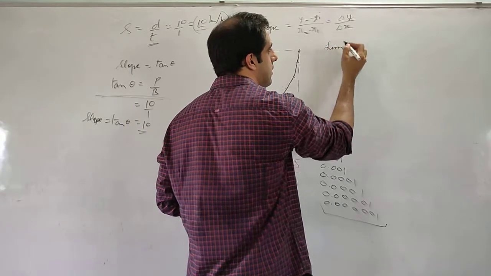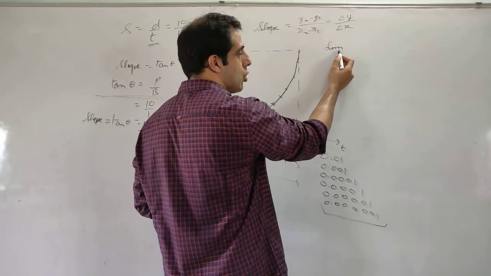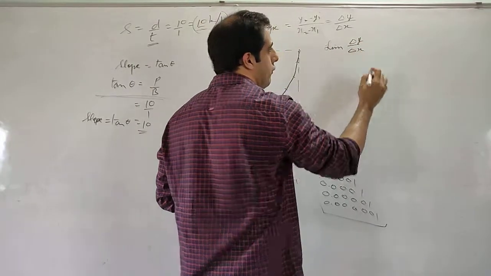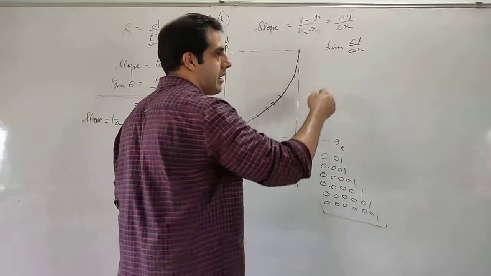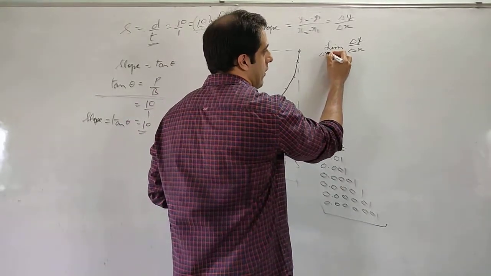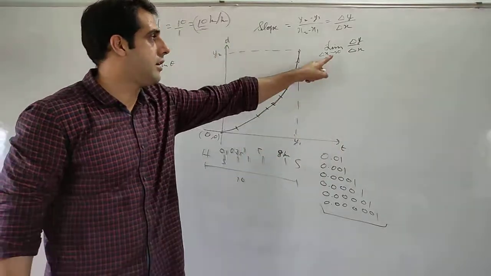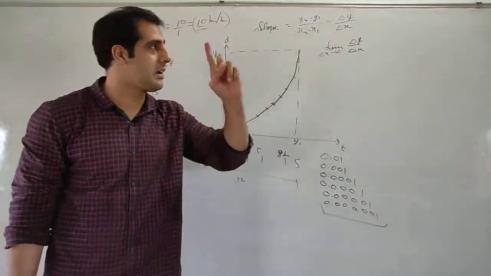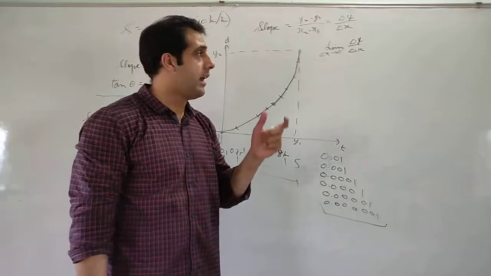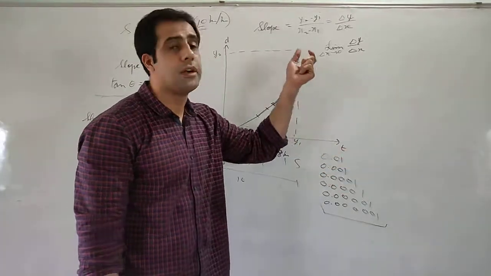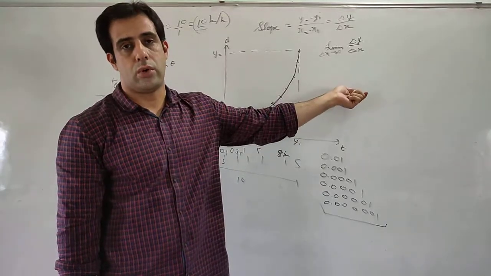So how is it written? It is written in this form. This is short for limit, LIM. Limit of delta y upon delta x, where delta x is tending towards 0. It is an arrow sign, it is not an equal to sign. Delta x is tending towards 0. It is approaching 0, it is going towards 0, whatever you want to say, but it is never equal to 0.